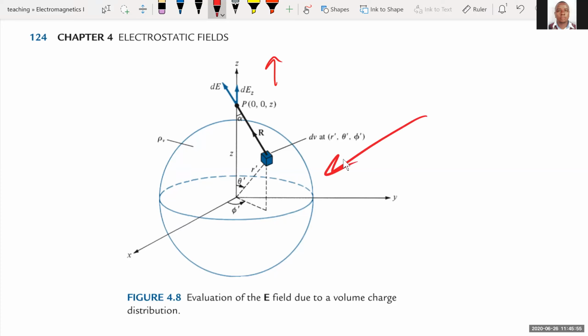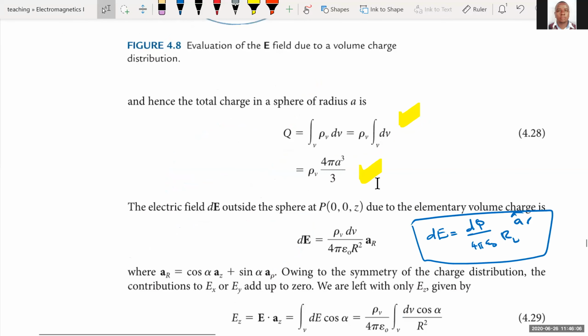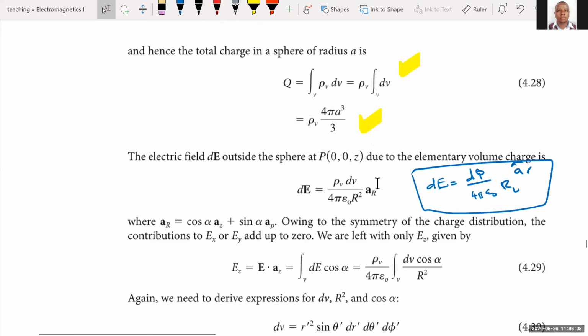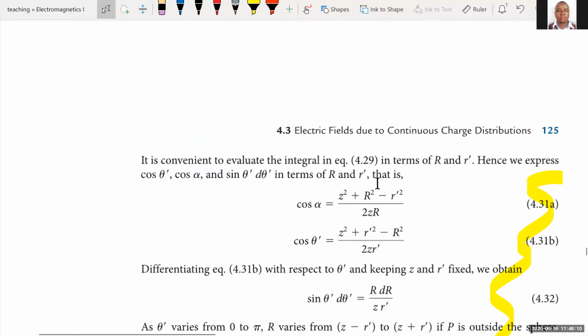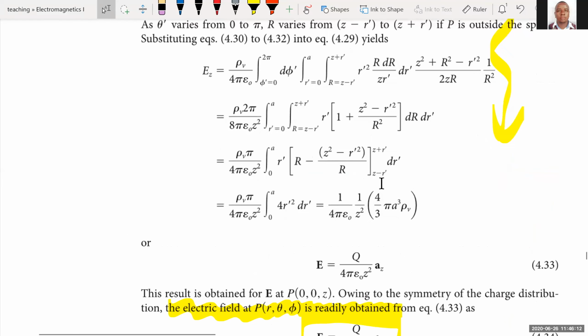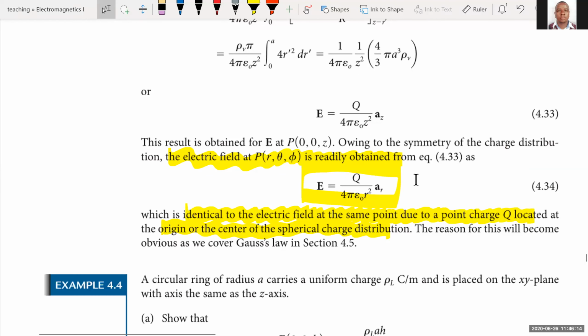So we start with the elemental volume and then consider the entire volume, which is a sphere. And again, it's a bit detailed description of the derivation, and it's a bit lengthy. If we spend our time doing that, it will take a while. But all we will observe is that